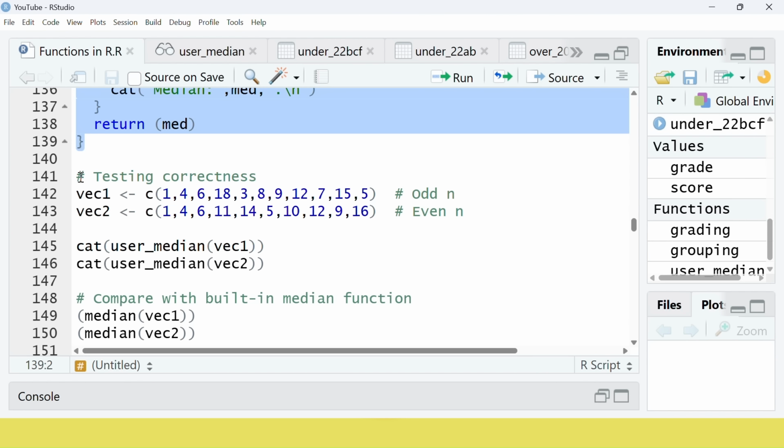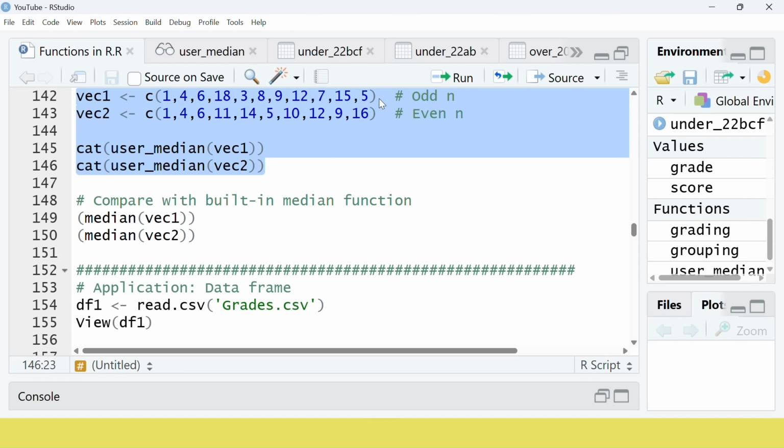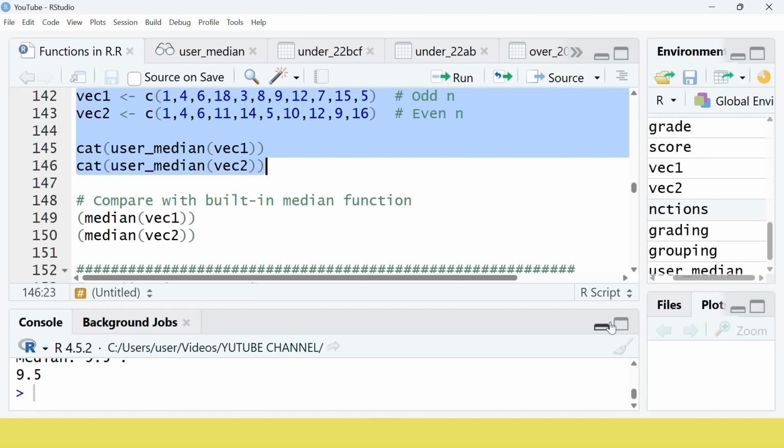Let's test the correctness. We have vector 1 and vector 2. One is of odd size and the other is of even size. You see that they are not ordered, so when we pass them to the function, it will sort ascending. After sorting, it will count to see whether n is odd or even, and apply the logic correctly. So we've tested it on one odd vector and one even vector. Okay, if I run,